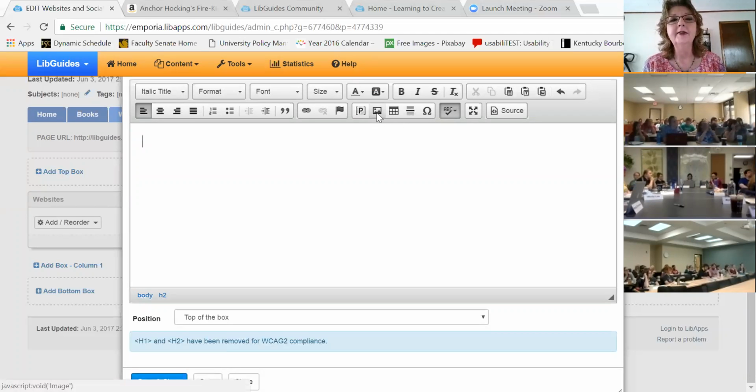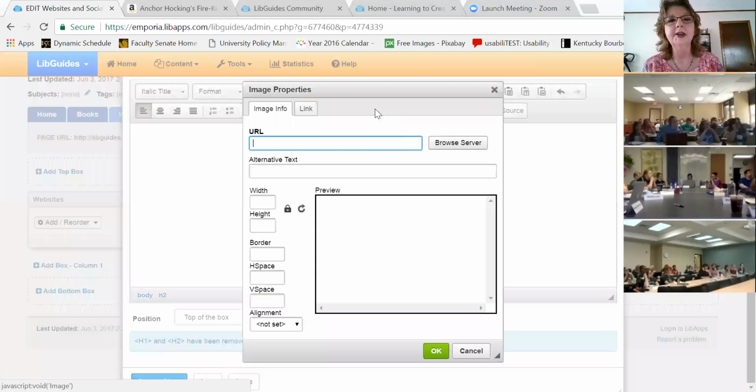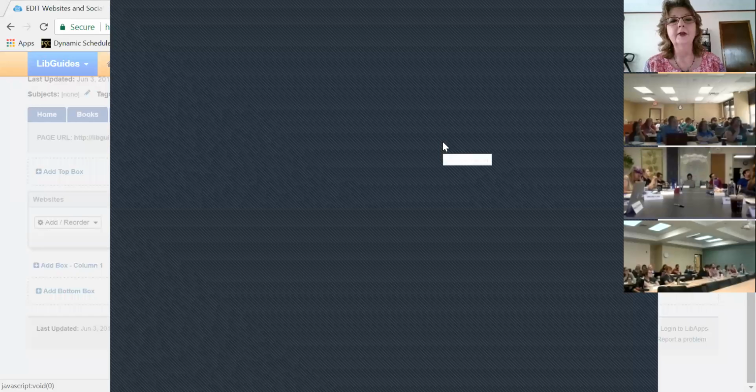So let's say I want to insert a picture here. I'm going to click on Image. I want to show you this part because I will be very honest with you. I think this looks really confusing on the screen. This part is not intuitive in any way, shape, or form, and I always get a lot of questions on adding pictures. I'm actually going to click now on Browse Server,